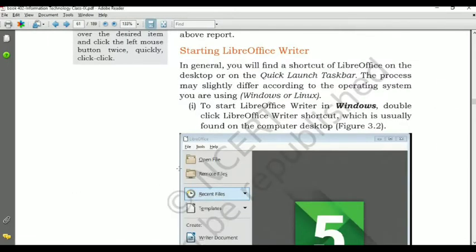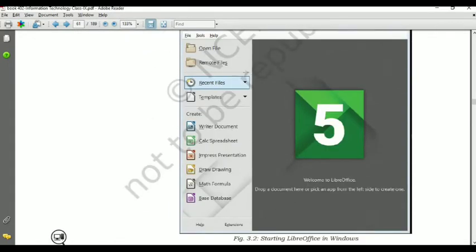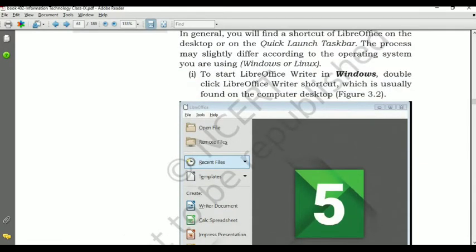This book is provided by CBSE. This is the NCERT book, where one watermark is given, "NCERT not to be republished." That means the same book we used in the previous class 9, in session 2019-20, we have to follow, and we had followed. Similarly, in 2020-21 we have to follow this same book.